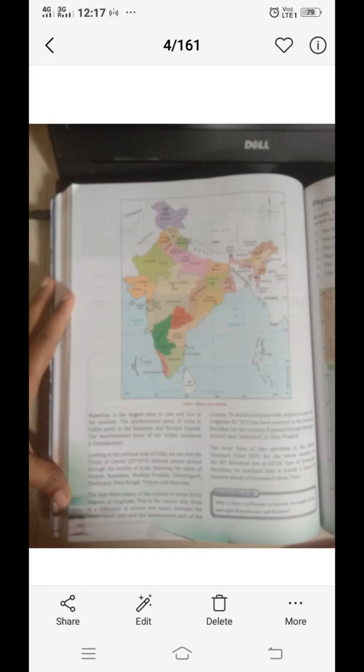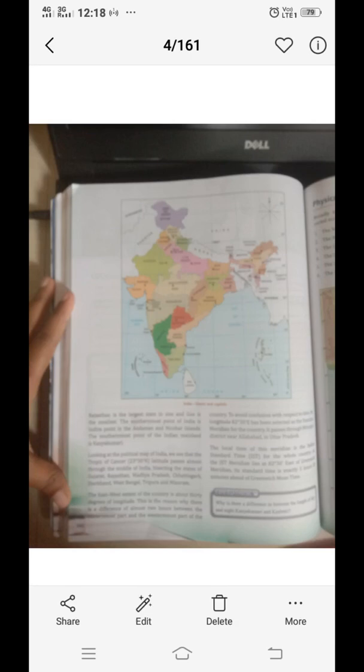Each physical unit is distinct in its land features, climate, soil, natural vegetation. It also means that the crop, food, habit and life of the people is different across the regions. As the physical divisions are different from one to another, the soil texture is different. As the soil texture and the landforms are different, the climatic condition is also different. So when the soil and climatic differences come, there automatically comes the difference of natural vegetation and the lifestyle of people.